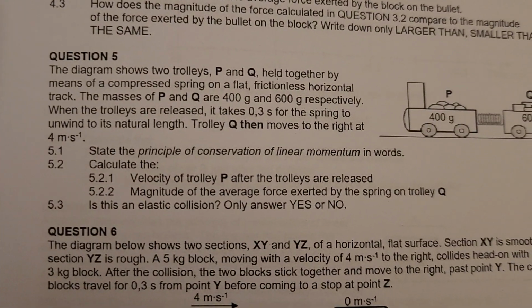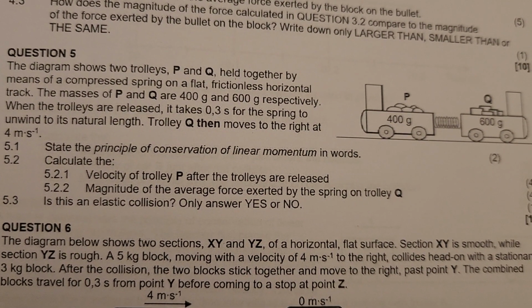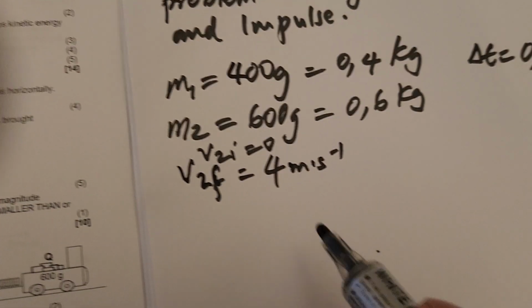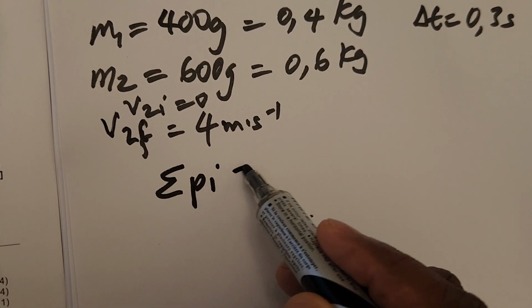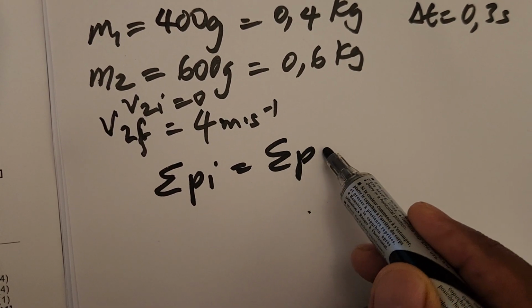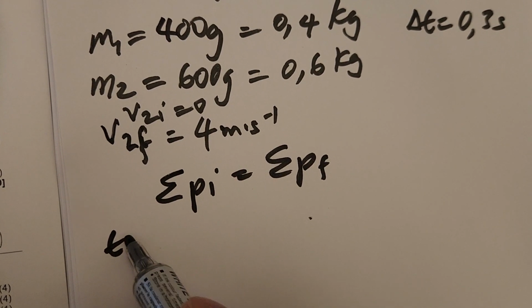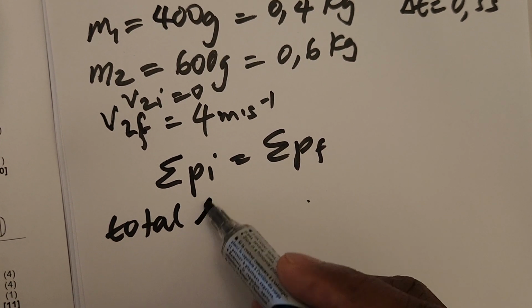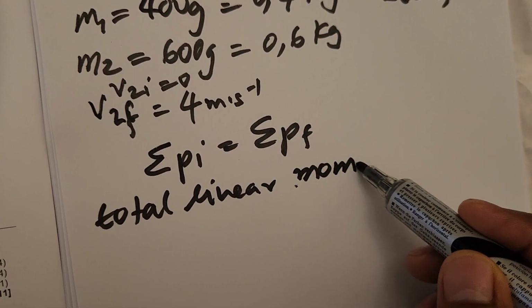No problem. Now they say to us, 5.1, state the principle of conservation of linear momentum in words. Remember, the principle says the total sigma Pi equals sigma Pf. In words we'll say the total, because sigma is the total sum. So the total linear momentum